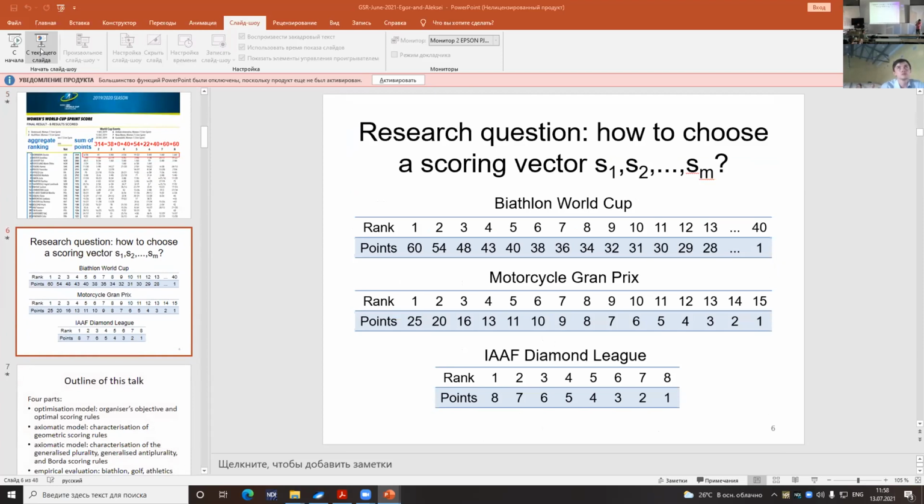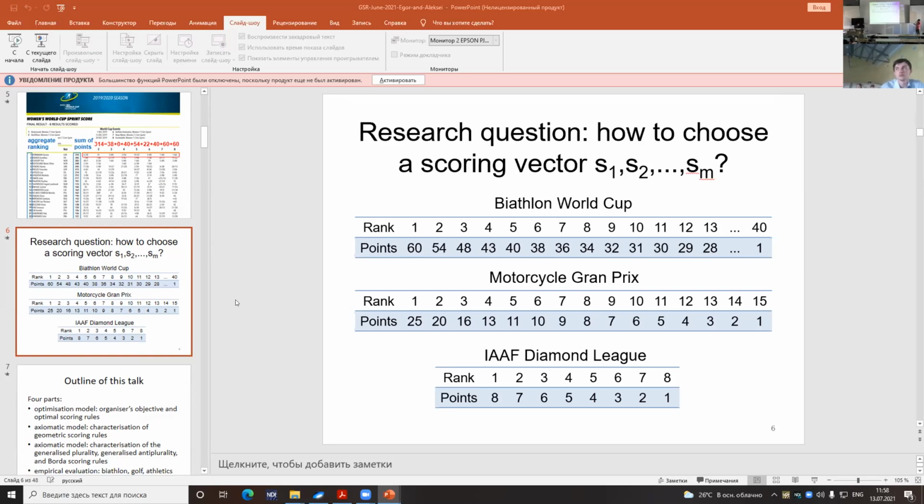So our research question is how to choose a scoring vector S1, S2, and so on, Sm, when we have m competitors for particular applications. For instance, as was on the previous slide, in biathlon IBU World Cup, the organizers use a points vector,